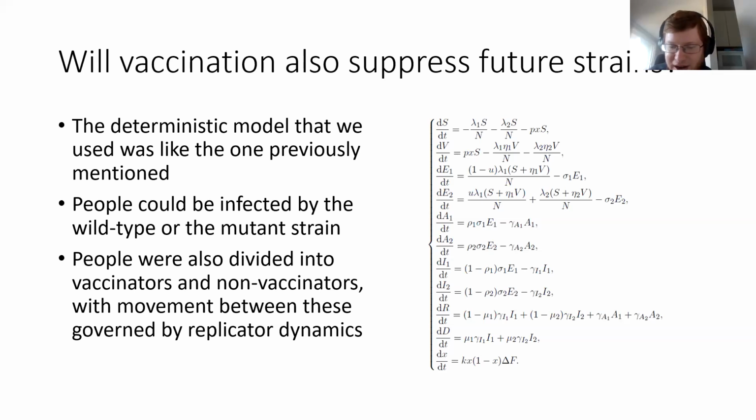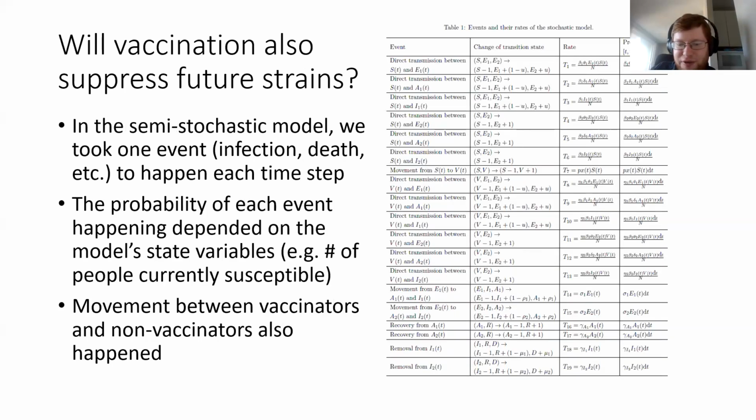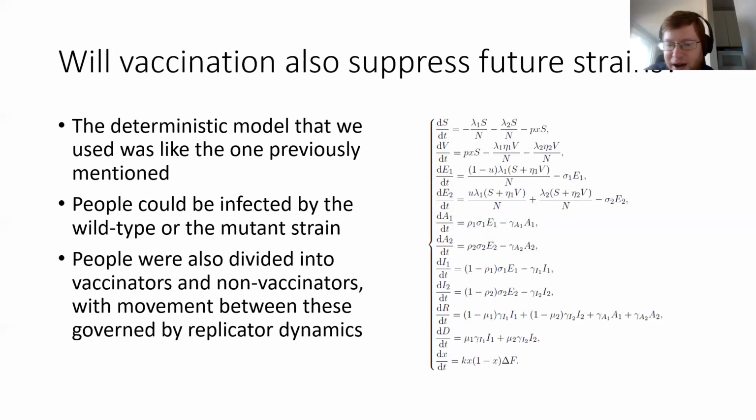So if delta F is positive, that means right now it is more beneficial to get vaccinated, or to want to become vaccinated. And if delta F is negative, then it is more beneficial to not be vaccinated. And what we assume for delta F, which was kind of an oversight for not including in this explanation, but